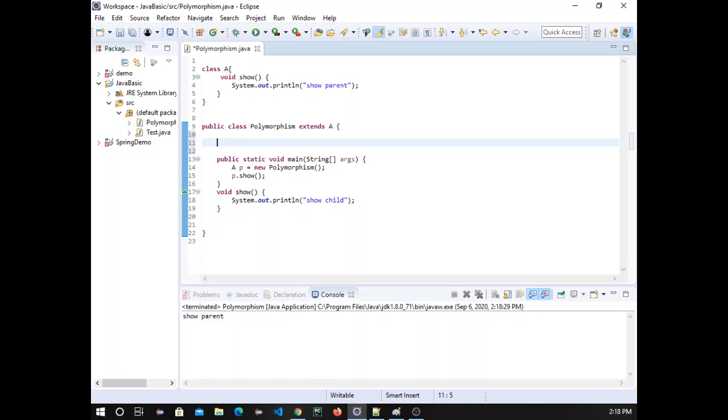First of all, constructor chaining is not a part of OOPS concepts, but when you are implementing inheritance, you should be aware of constructor chaining. Only then can you implement inheritance in a better way, because you have to find out how constructors are being called. So firstly, let's create a constructor.